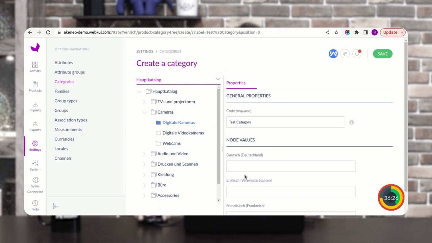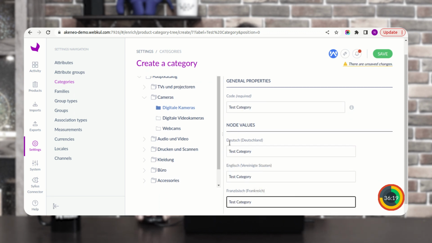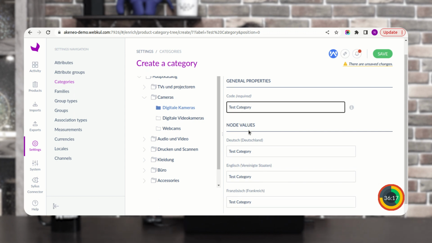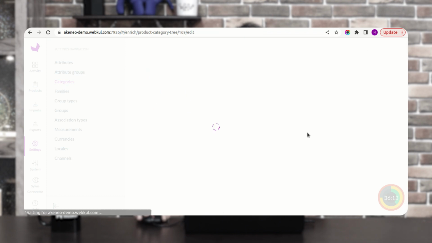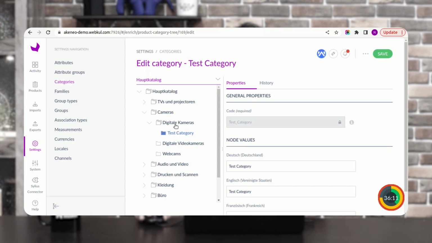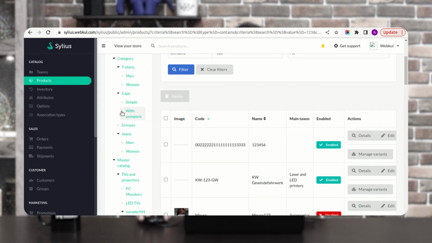Under digital camera, we have a test category. Let me set it for the Dutch, English, and the French translations there, and let me set the code for this, and let's save this up. After saving it up, you can see that under the cameras we have the digital camera, under that we have the test category. Now if you go to the particular section in the Sylius end, and I go to Taxons,